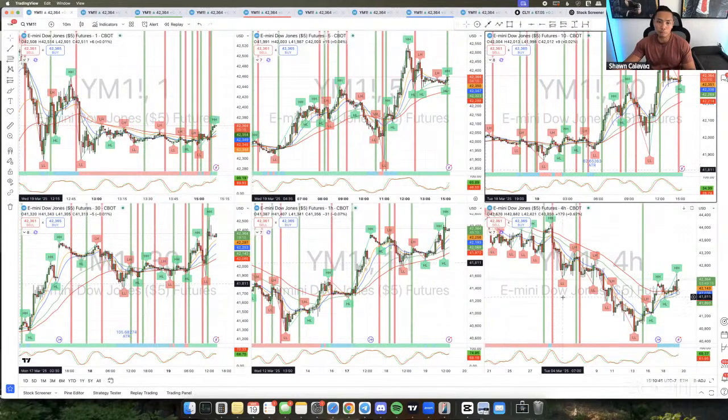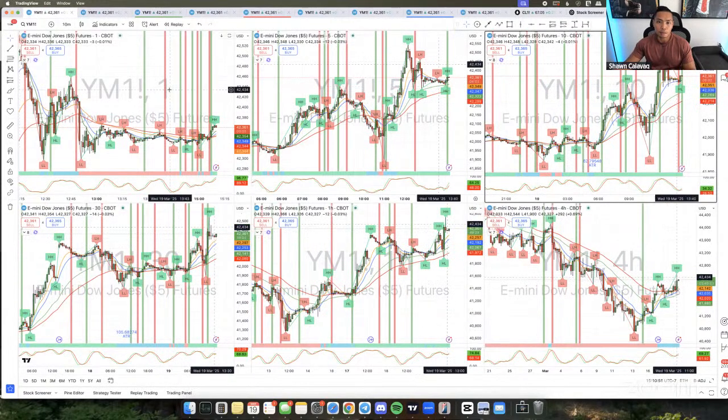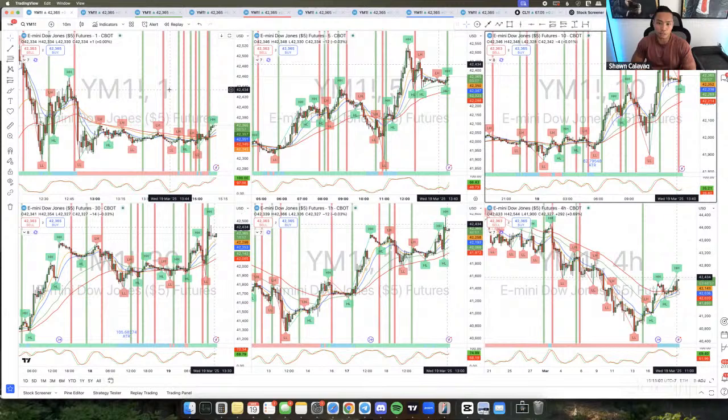If the overall higher time frames are bullish, then I'm like, okay, this is probably where price is going to end up if it swings the other way. And then vice versa, if the lower time frames are bullish or bearish, that's going to indicate to me that price is probably going to follow if it continues in the direction of the higher time frame. So that's going to be my first tab right there.